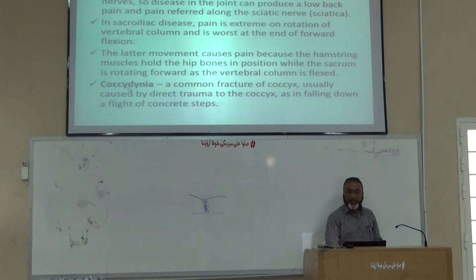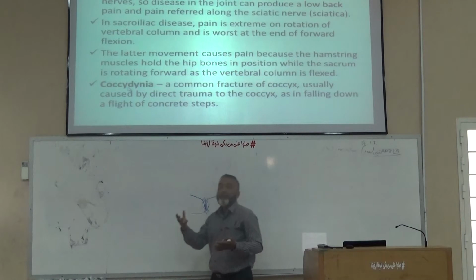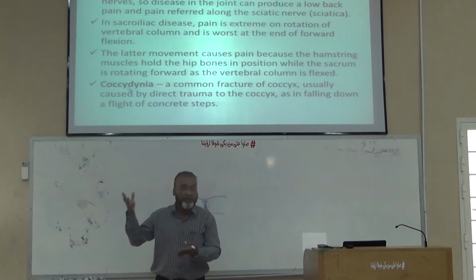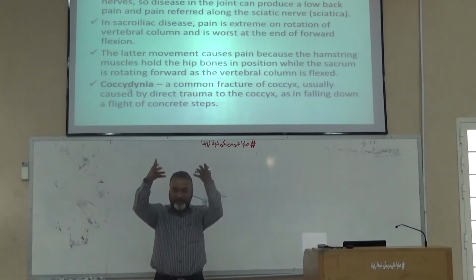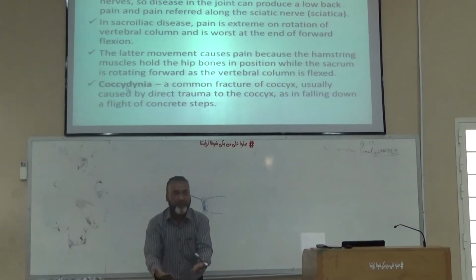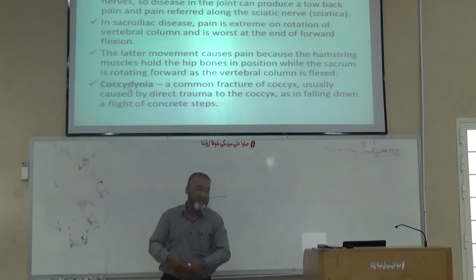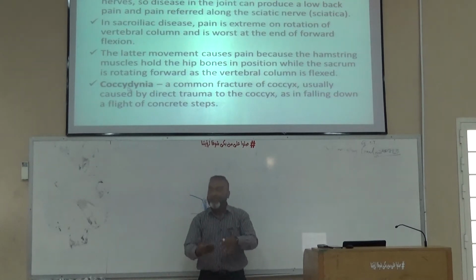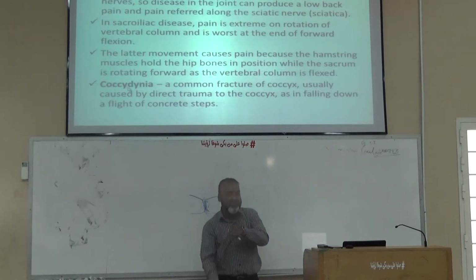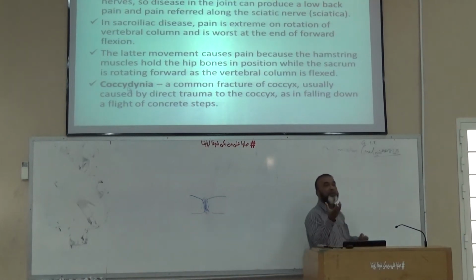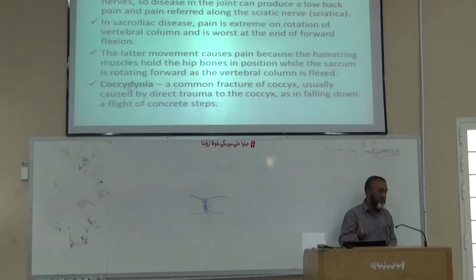Then there is a condition, poikilonia. What is this? This usually happens in an aeroplane accident. When the aeroplane as a whole falls down on the ground, what will happen? You are sitting with the belt on the seat of the aeroplane, and you also get the same jerk from below, which is pressure applied from below upward. As a result, fracture of the coccygeal vertebra can take place. So this condition is named poikilonia.